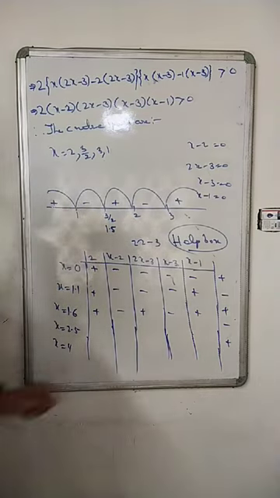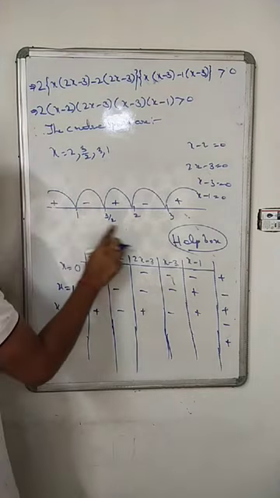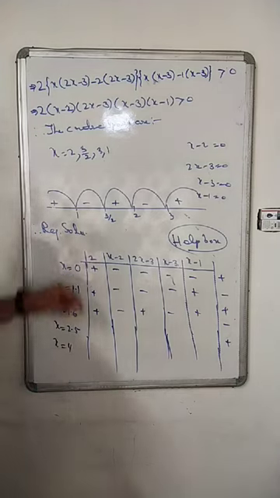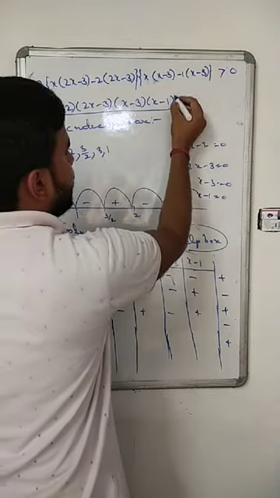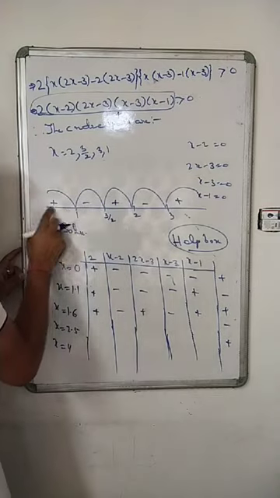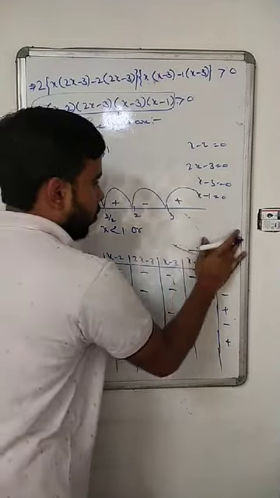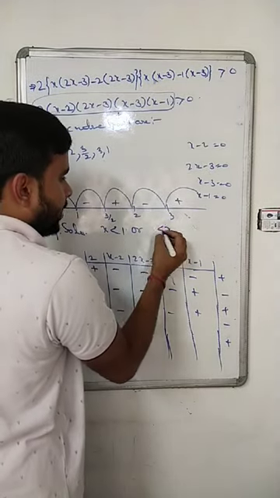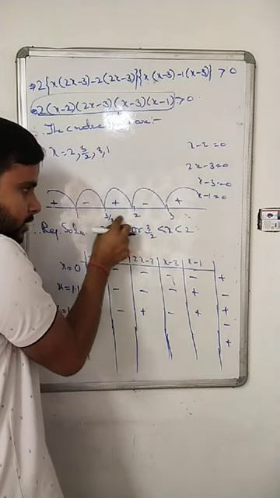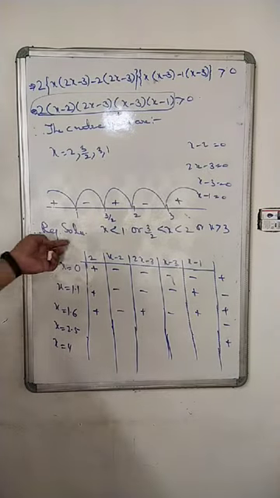Okay. Now in the last line, that is the solution set. What will be the required solution? I need all those values of x for which the result of this expression is more than 0. More than 0 means positive. So you are finding positive from where to where? For all values of x less than 1, or all values of x more than 3 by 2 but less than 2, and x more than 3. So this is what we have, and this is the required solution.